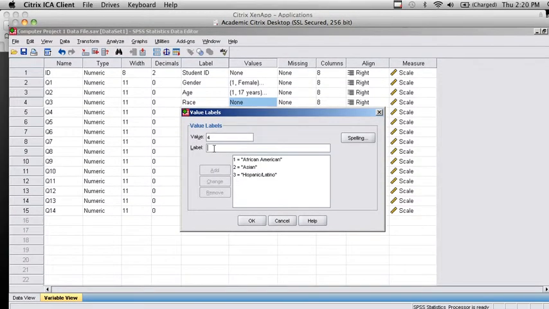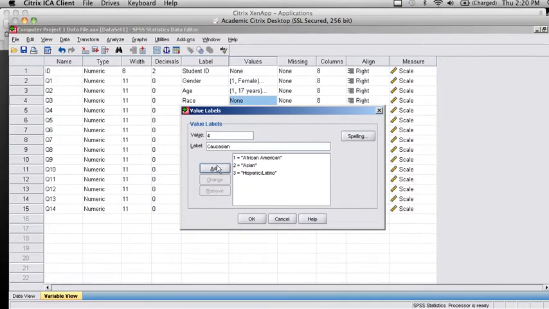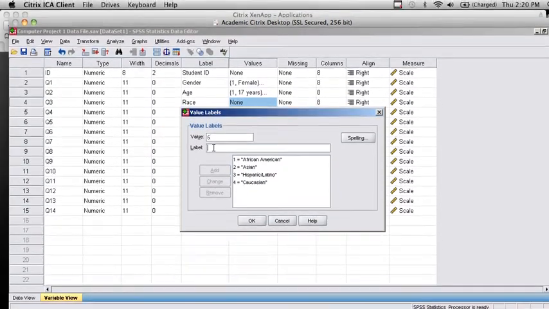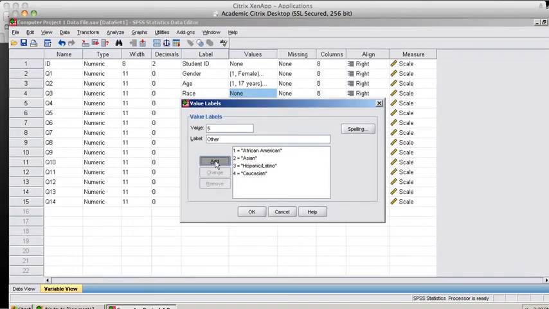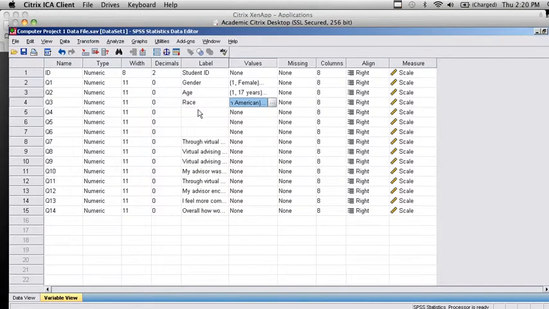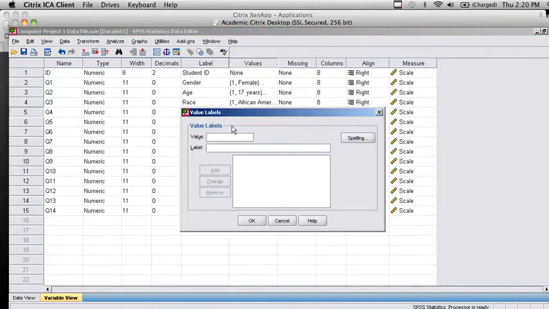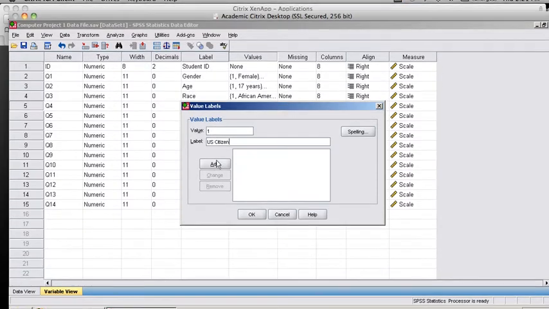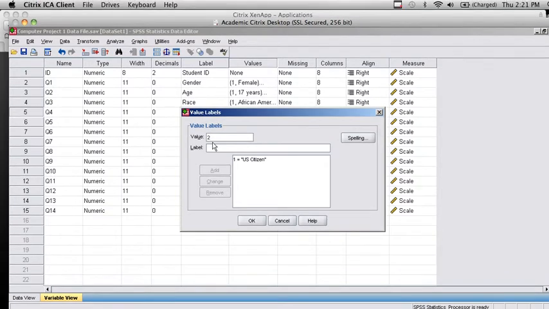A 4 represents Caucasian. And a 5 is going to be an other category. Once I've entered all of those labels, I go ahead and click on OK and move on to question 4, which is the status of the student. In this case, a 1 is representing U.S. citizen. So I'm going to add that, and a 2 is representing,